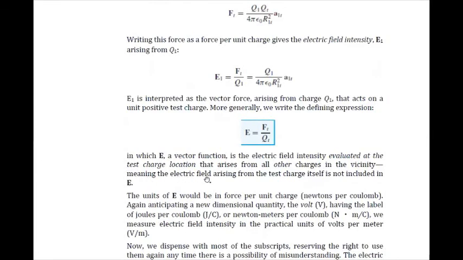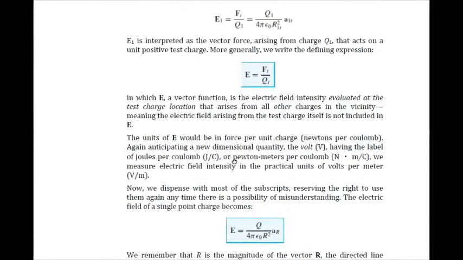Okay, meaning the electric field arising from the test charge itself is not included in E, the vector function. A unit of E would be force per unit charge, or ang unit natin is Newton